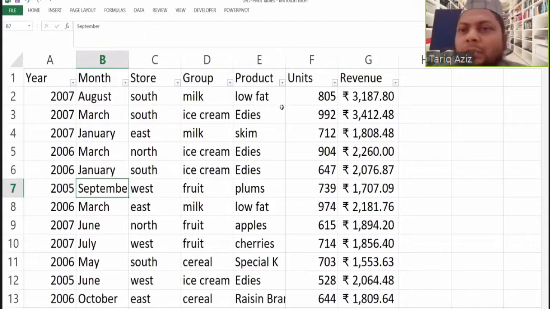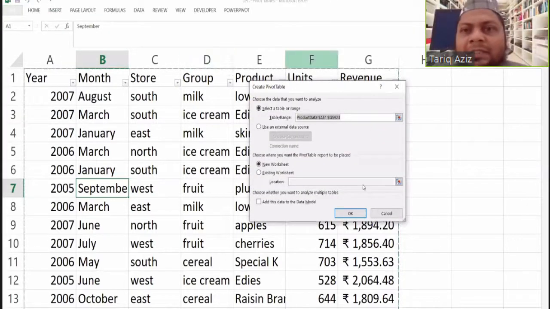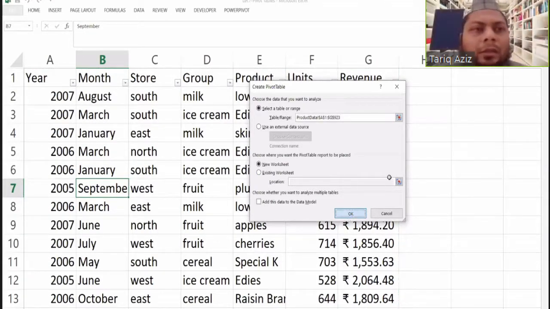So in this case also we can use the pivot table feature. We can take help from the pivot table. So we will come to the Insert tab. Then we will click on the pivot table. It has automatically selected the data range. We want the output on a new sheet. So I will leave it just like that and I will click OK. Now the data fields are here, and the rows, values and columns are here.